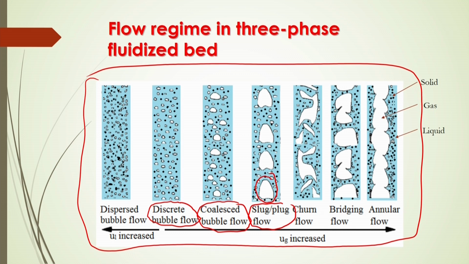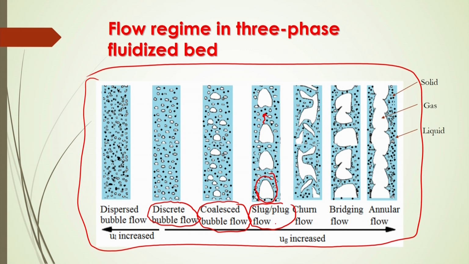But this bullet shape, sometimes if this bullet is just the bullet cross section, the lower part of the bullet cross section will be occupying the total cross section of the bed, or almost equal to the cross section of the bed, then you will see the flat slug and also flat slug with the bullet nose. So, this type of bubbles will be moving up as per this. So, here this is called